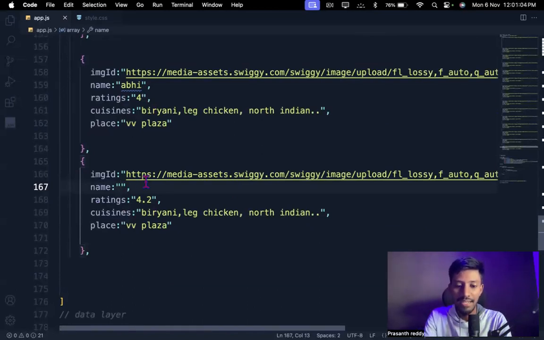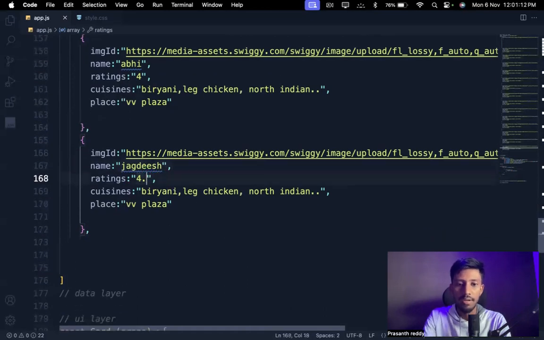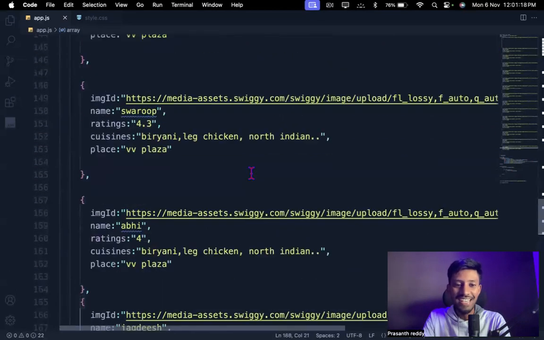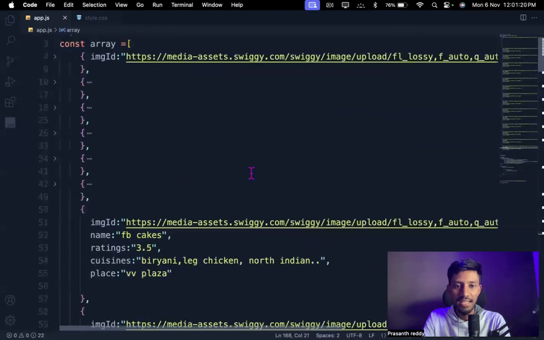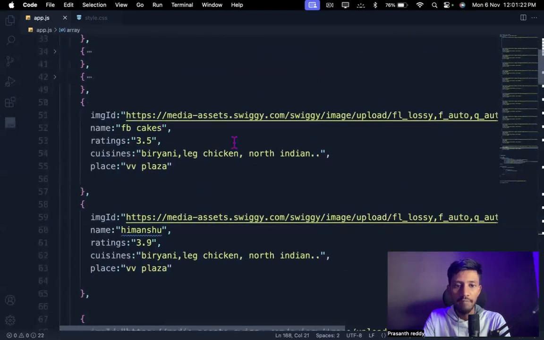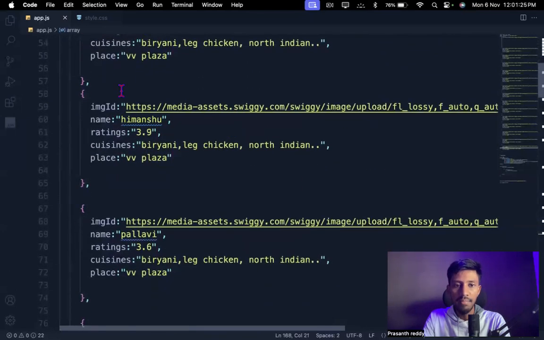Okay, let me take Jagdish. Thank you so much for typing your name, Jagdish. Let me type it as 4.3. Jagdish, for your help, I will give you the 4.3 rating. Okay, cool. Now we have taken these many things. FB cakes I have given. At the same time, let me remove all the image IDs.